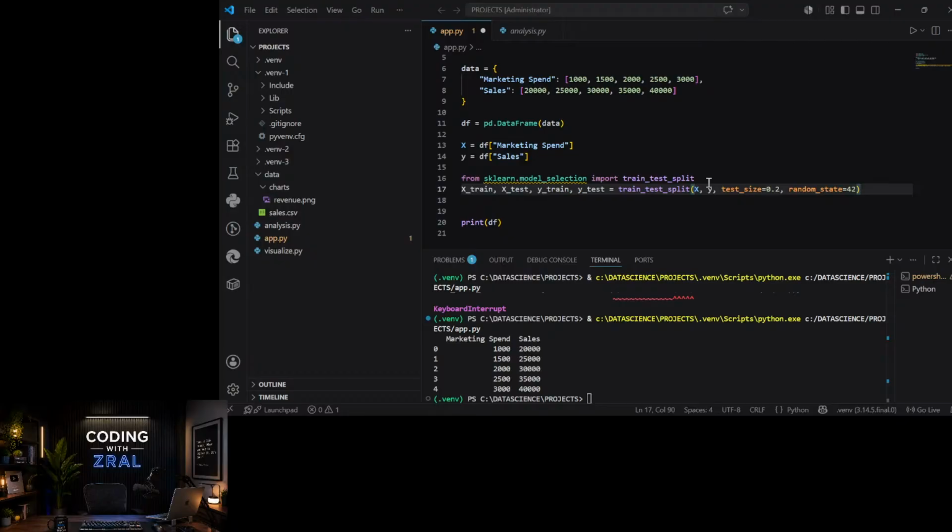Now one thing you need to know is that this is used to make predictions, and 80% is